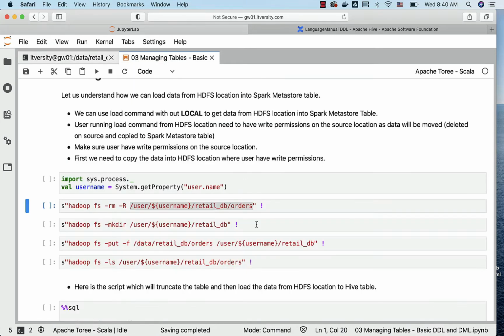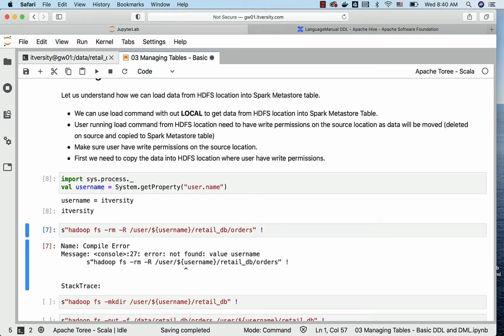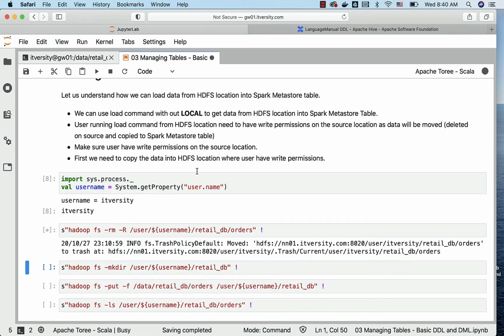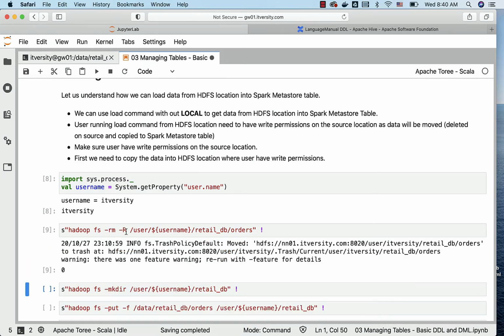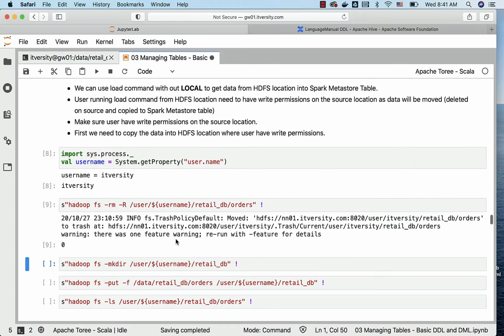I want to clean up this folder, then take it further. So I'm running this command to delete the folder. In this case, I have to create this variable called username. This is all Scala code so that I can take care of this using the Jupyter notebook itself. However, if you are using CLI, you can directly run hadoop fs -rm -R on this path and it will delete. You can also run hdfs dfs -rm -R, paste it, and you should be able to delete the folder if it exists. As the folder is already dropped, it is complaining saying no such file or directory.